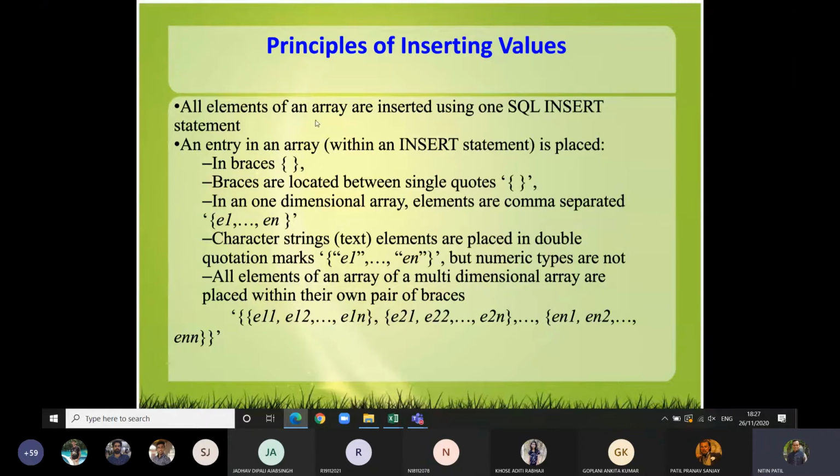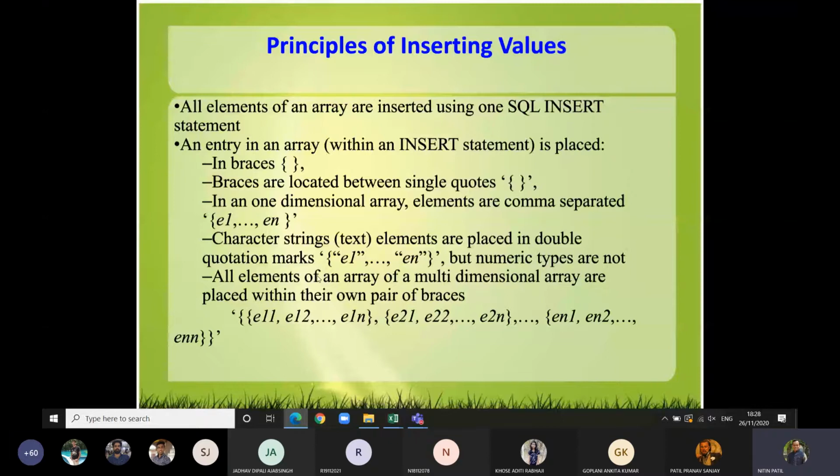So what you have to do is make use of curly brackets, and those curly brackets should be between single quotes. If it is a one-dimensional array, then your elements would be comma separated. For example, single quote, curly bracket, element 1, element 2 separated by comma, and after the last element you are going to have a closing curly bracket and then the quote. Now if you have strings, like names, in that situation you are going to add them in double quotes.